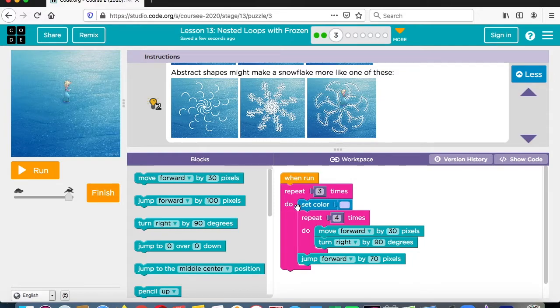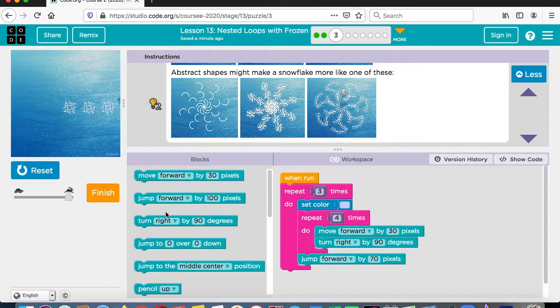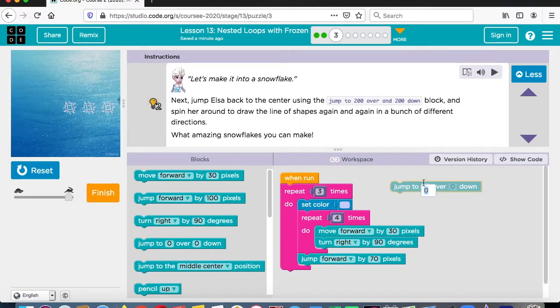So this is our code from our previous one. Okay, so we already have our code from our previous run. That's our first design. And now what we need to do is we're going to jump. And they gave us this other block, jump. Where was it? They have jump to and over. Okay, so we have jump to and over. And let's see what they said for us to do. They want us to do jump to 200 over and 200 down. Okay, so they want us to use that. And we could put this in here